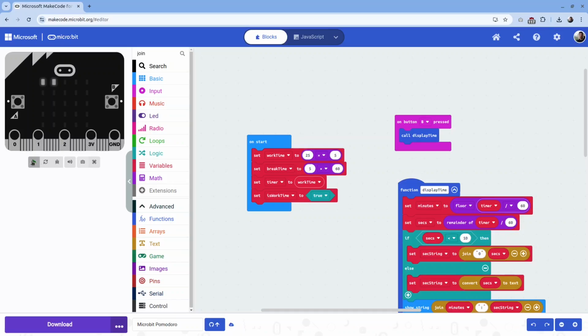Last time we built a functionality to blink LEDs, and I forgot to revert this back to 60. So now we have 25 minutes and 5 minutes for the break phase. Let's now take a look at what happens if we press button B to display the time that is left